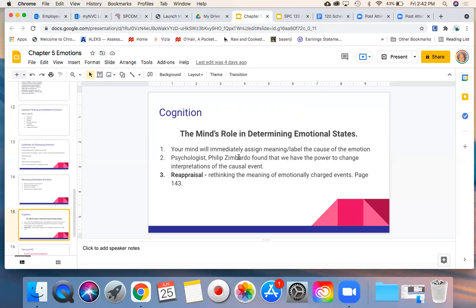So we can employ this process of reappraisal and rethink the meaning of an emotionally charged event. Very often the meaning we assign to it gets assigned very fast. And when it does, it's usually because of past psychological history of some sort, patterns that were created in our life a long time ago. So we all need reappraisal. We all need to ask ourselves, is how I reacted appropriate for the situation, my emotional state?